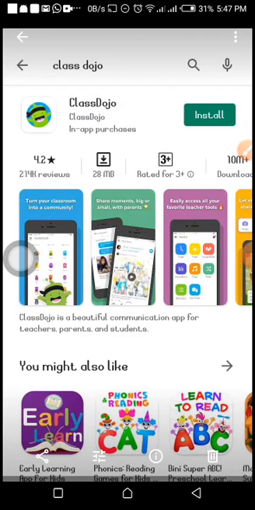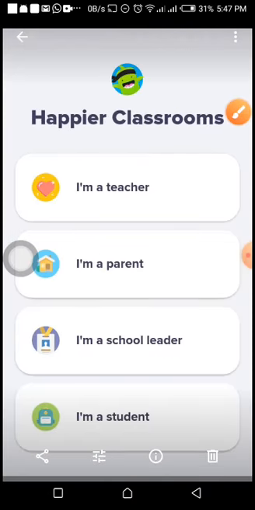Just install the application. After installing it, it will ask you what you want to register as. Is it as a teacher, as a parent, as a school leader, or as a student? These are the 4 categories of people that make use of Class Dojo, and all of them interact just like a community in the physical world. That is one of the high points of Class Dojo, or one of the edges that Class Dojo has over